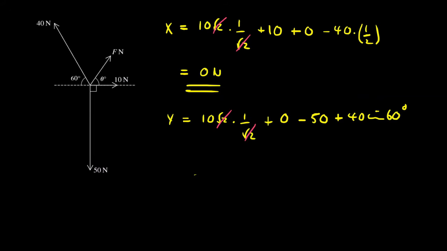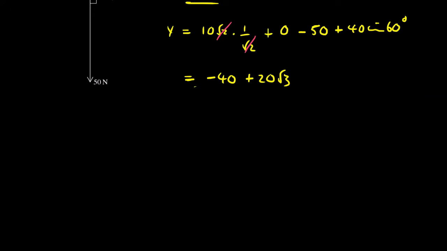We've got 10 minus 50, which is negative 40. And sine 60, again, is root 3 upon 2. So that's plus 20 root 3. Well, here's where we need to actually plug numbers into calculators, right? So we've got minus 40 plus 20 root 3. And what we get with that is negative